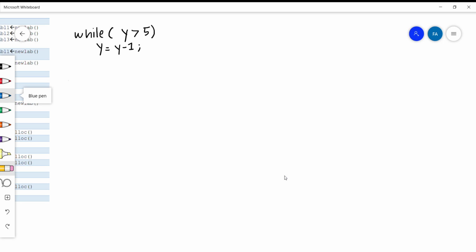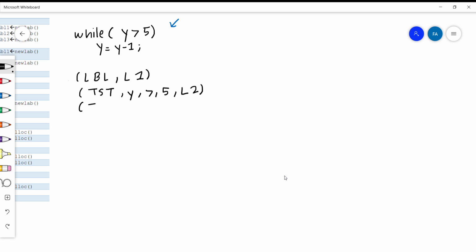And in topic 2, when we were discussing translation from the Java programming language into forms such as atoms and assembly language, we have discussed this. So for example, if we have an input like this, the previous way that we translated this statement is we need to remember the structure. Because this is while, we will start with a place marker for label 1, and then we test the statement. Test if y is bigger than 5, and if it is, go to L2, and if it's not, jump